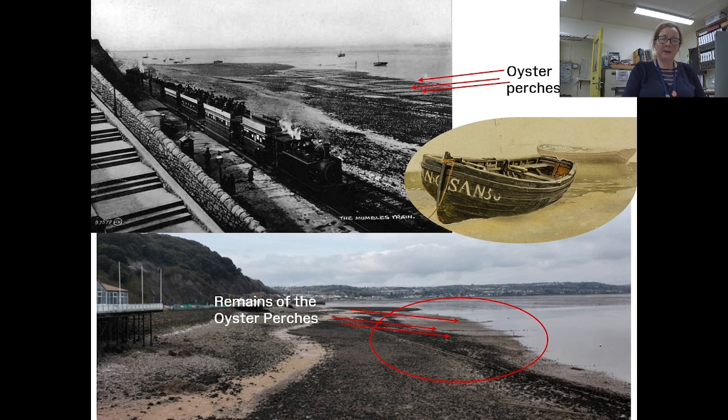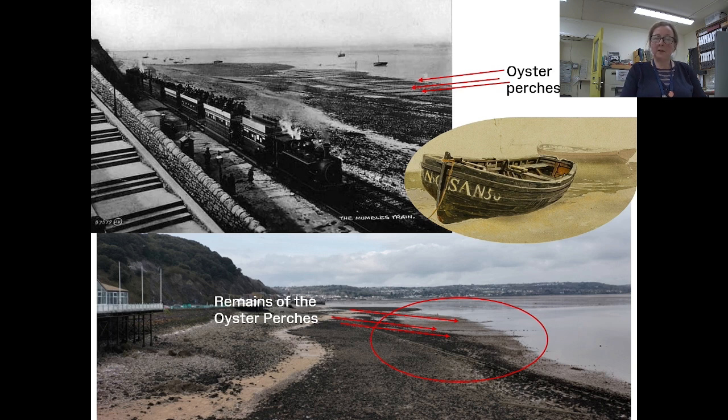And they were basically divisions measuring about 16 square foot, and they were formed by stones. And each area was marked by a floating log. So the oysterman would leave his catch there to feed while they were required for sale, either sold locally or transported on the railway for sale elsewhere. Some of these perches are still visible today along the beach near the inshore lifeboat station.